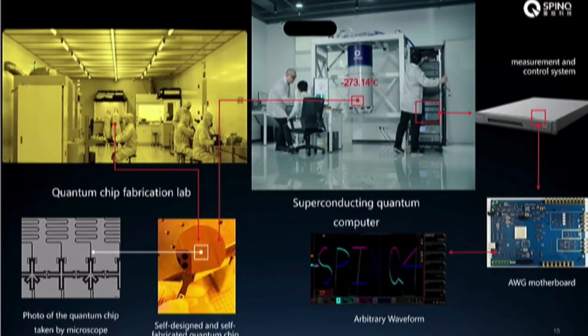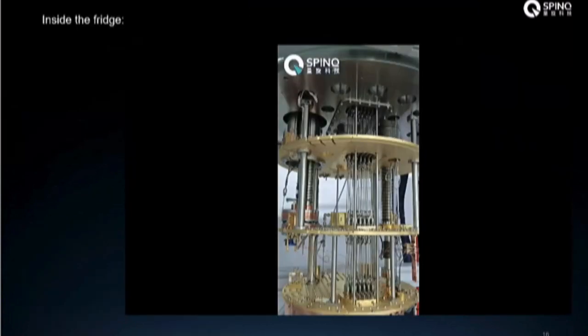Here are some real photos. For example, the quantum chip fabrication lab, a quantum chip under a microscope, a whole system, and some signals that we sent out using our arbitrary waveform generator. And we have many components in the fridge, like the circulator,